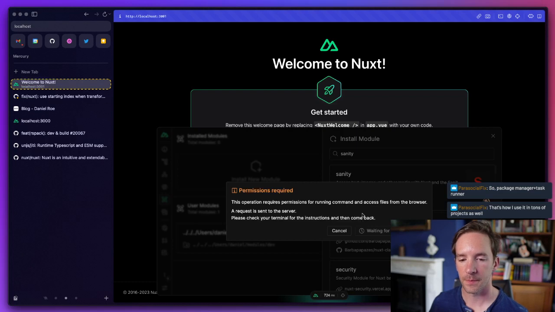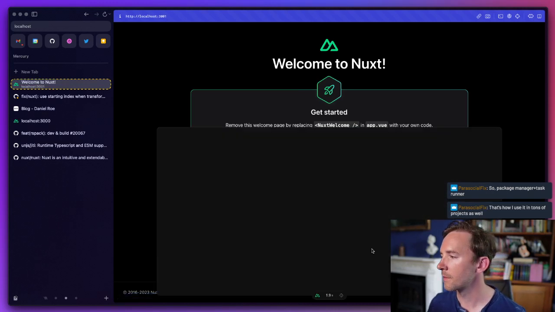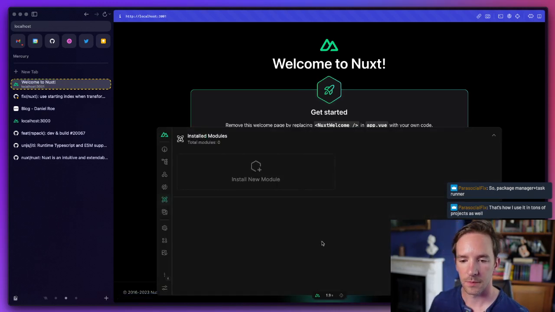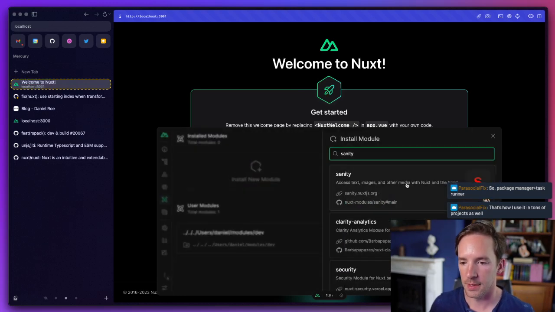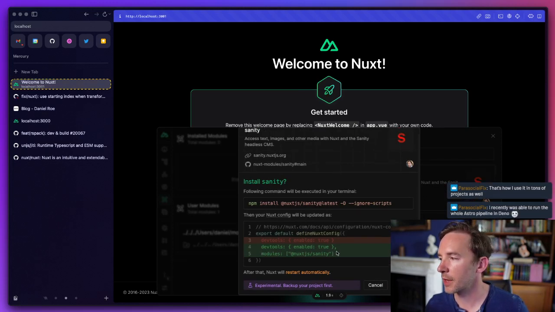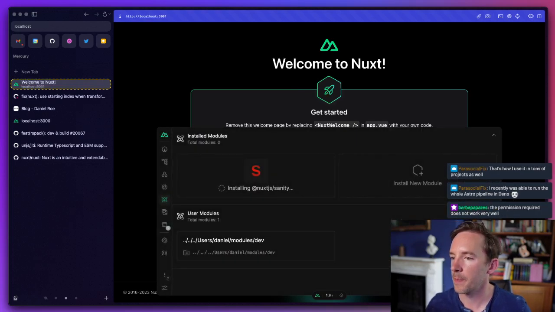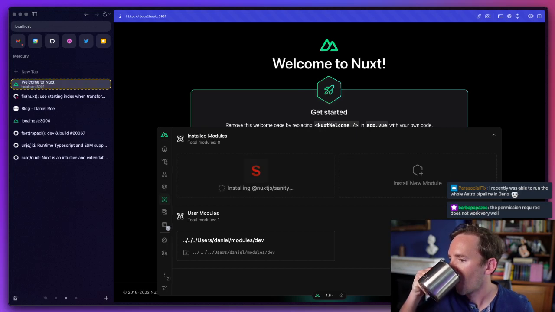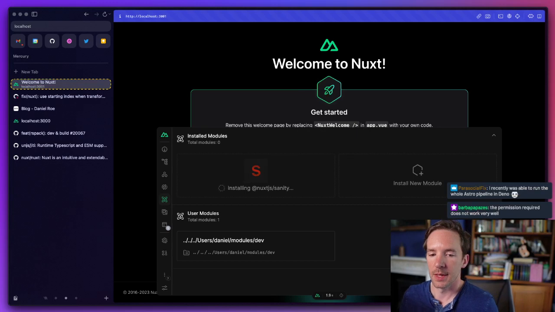Done. And we'll install, say, Sanity. Install. So it's going to make a change to the actual configuration file, and then it restarts it. Yeah, we should make the permission required better, for sure.